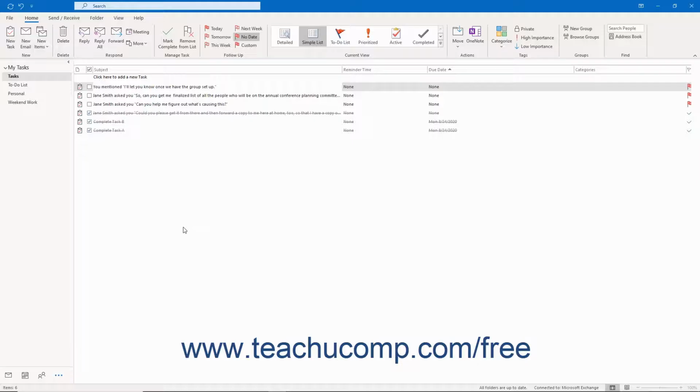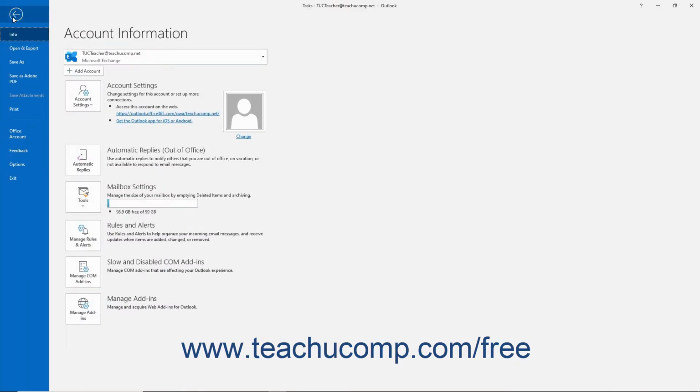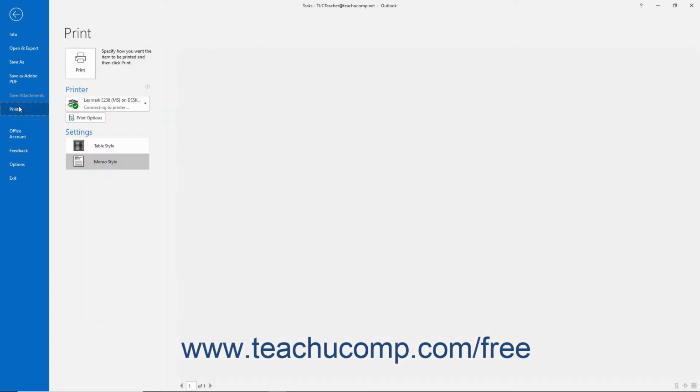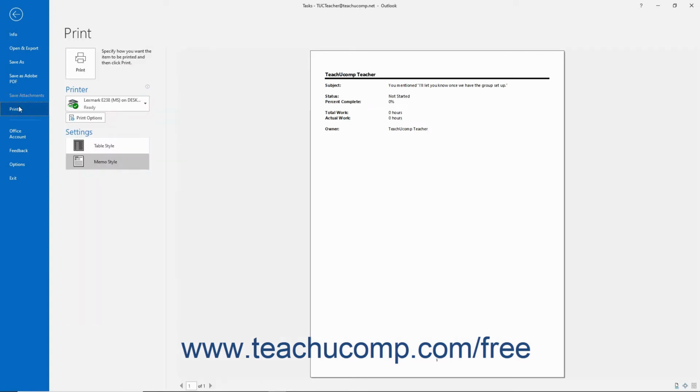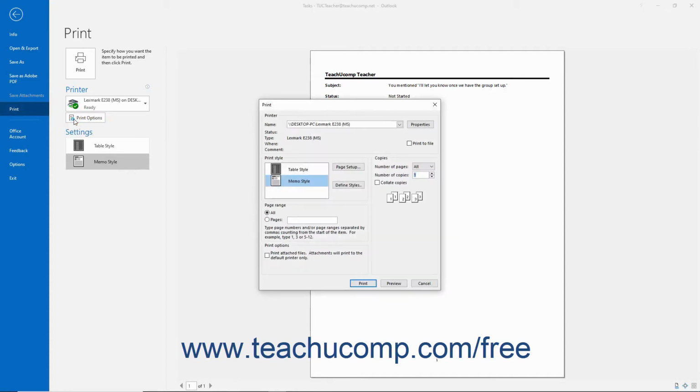www.teachucomp.com/free. To print a copy of your tasks in Outlook, open the Tasks folder. Then click the File tab in the ribbon. Then click the Print command at the left side of the Backstage view. To set the printing options, click the Print Options button that appears to the right to open the Print dialog